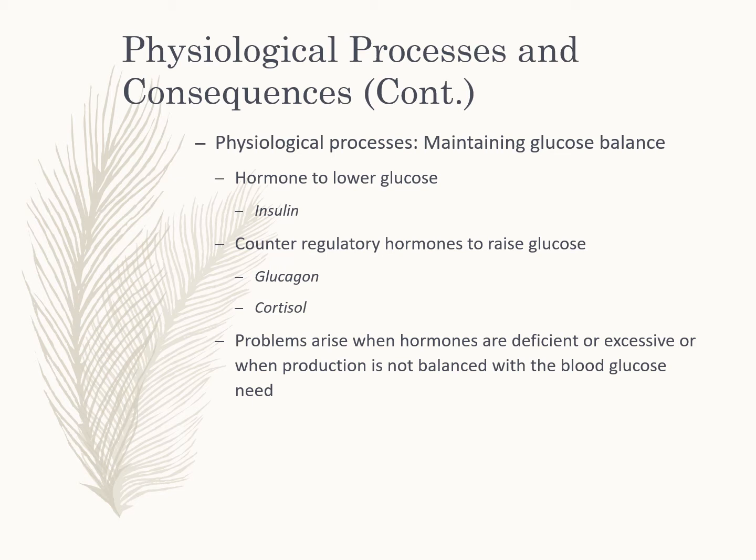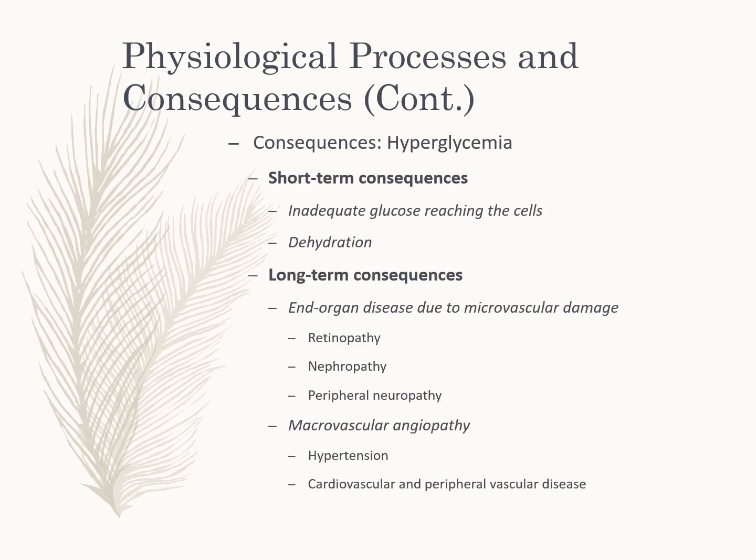Some other counter-regulatory hormones released include cortisol, growth hormone, norepinephrine, and epinephrine. So the counter-regulatory hormones all lead to utilization of glycogen stores, and these hormones are also increased with stress-related conditions, both physical and emotional. And so they're often referred to as stress hormones. So when we're talking about problems with glucose regulation, we either have too much glucose or insufficient glucose, right? So when we have too much glucose, it's because of insufficient insulin production or secretion, excessive counter-regulatory hormones, or from